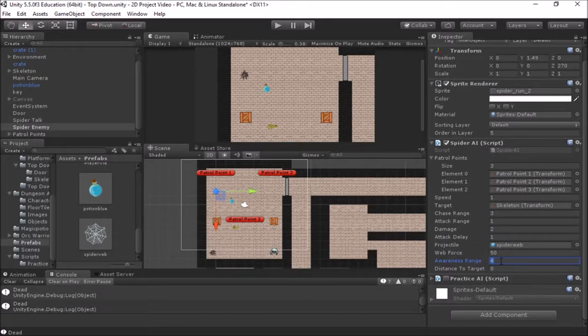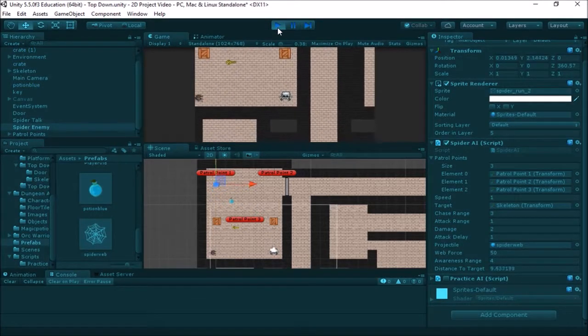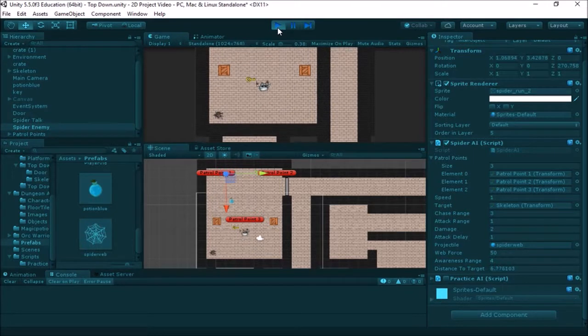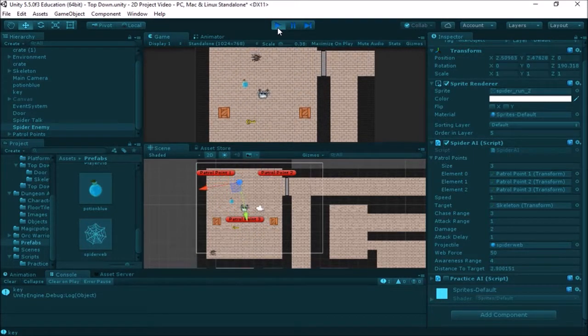But if we're within 4 units, he's aware of us. He'll chase us. If we get within 1 unit, he will attack us and do 2 damage. So let's just see what happens. He should start by patrolling. Okay, he's patrolling right now. If I get close enough where he's aware of me, he chases me down, and let's pause this for a